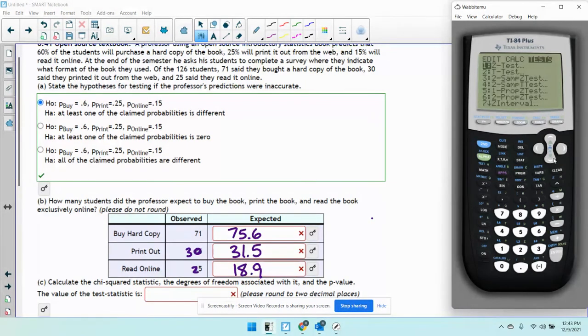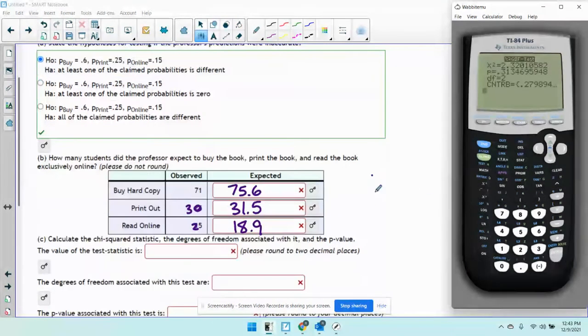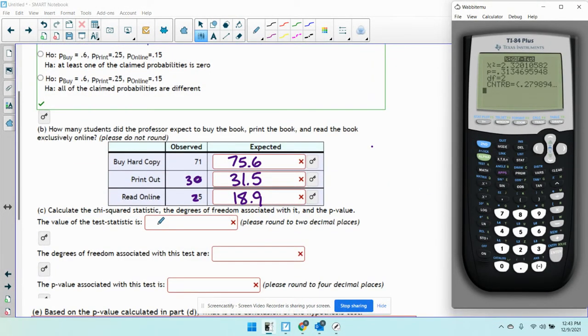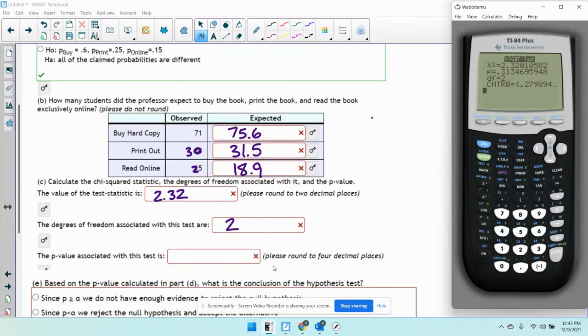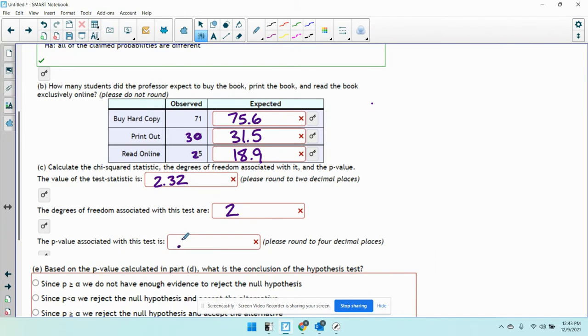So now we'll go back to stat, and we're going to do the chi-squared goodness of fit test. Observed is L1, expected is L2. Degrees of freedom is the number of categories minus 1, so 3 minus 1 gives us 2. So we get a test statistic of 2.32. Degrees of freedom we said was 2, and the p-value is 0.313,